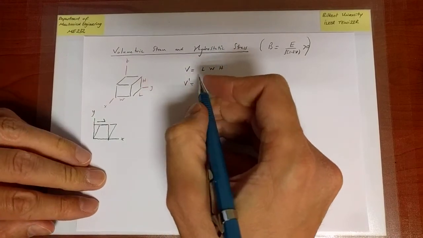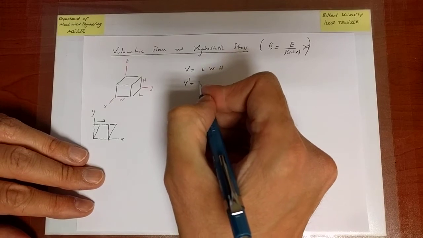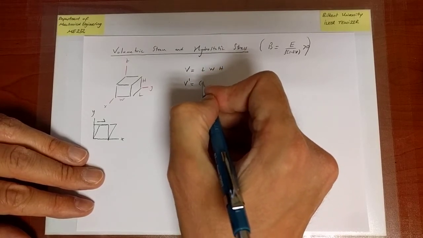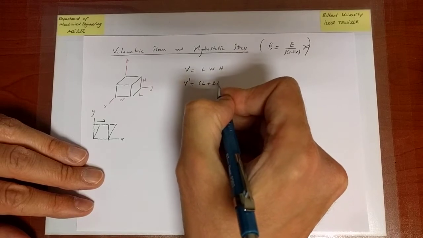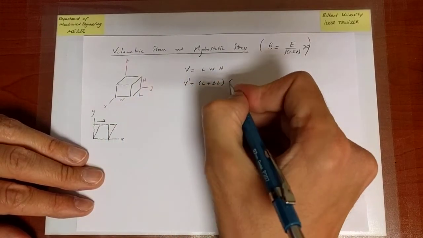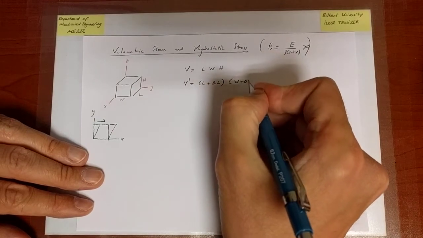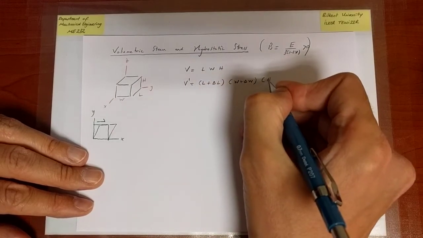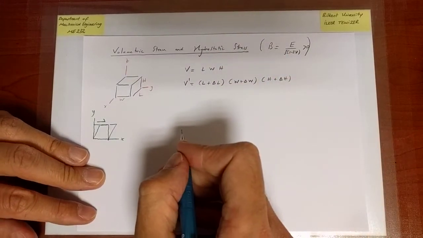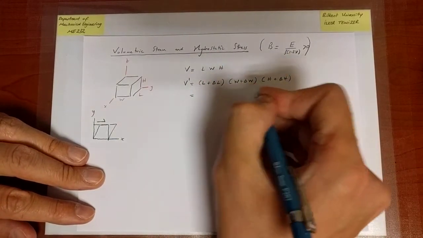And the new volume is associated with normal strain, which means that the block is going to have a new length. Let's call that the old length plus the change in the length along the x direction, the change in the length along the y direction, and the change in the length along the z direction. That's just the new volume. And that volume is equal to LWH